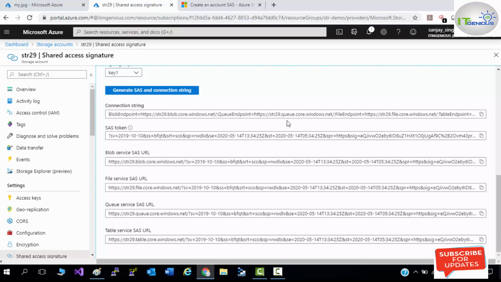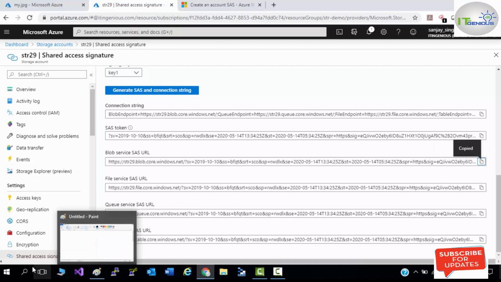How you will use this connection string, I will show you in the next lecture when I show you a demo of Storage Explorer, or I can show you in AzCopy also. Let's copy this URL.